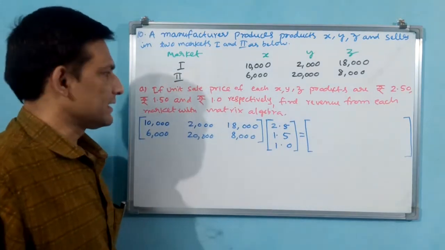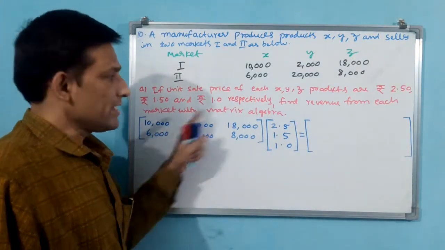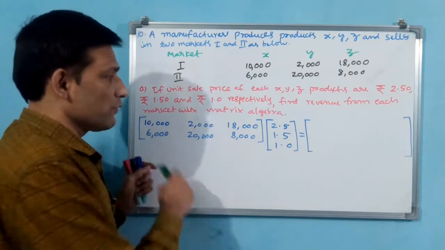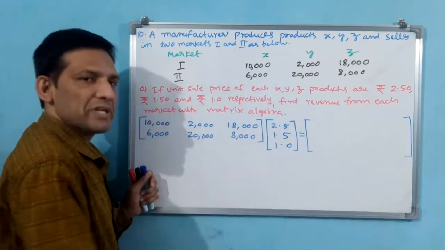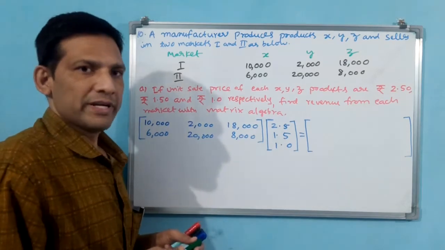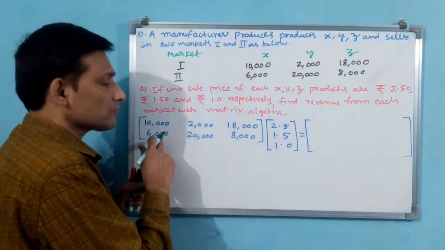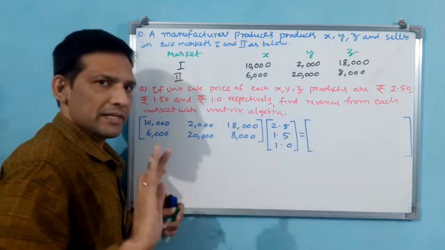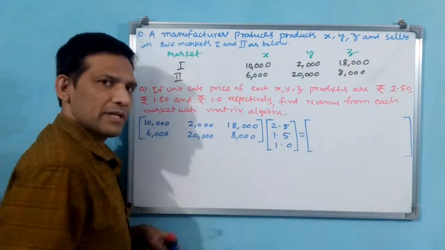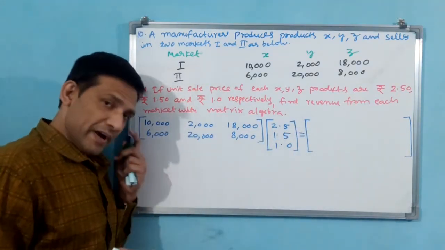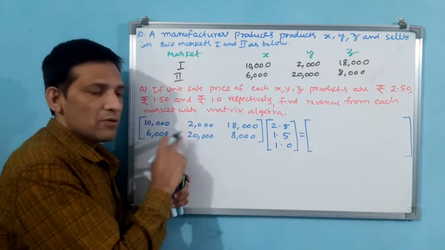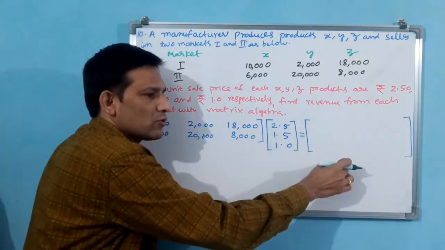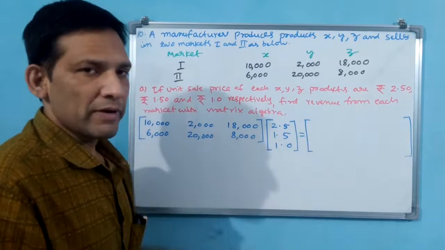Now let us calculate. Quantity into price, if you multiply, the total amount will come. For multiplication, if you take this in row form, then this should be taken in column form, or else you are not going to get it. First you see, three columns and three rows are there, matched. Multiplication can be done. Finally, how much will it be? Here two rows are there, and here one column is there. That means two rows and only one column will come.